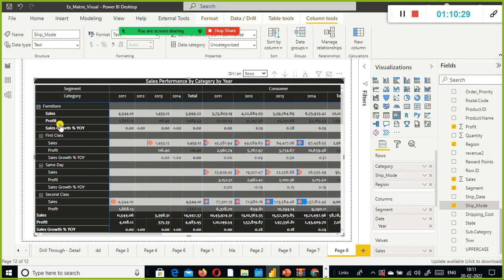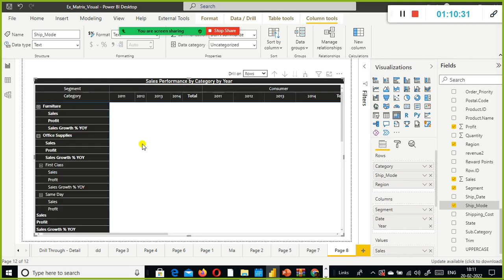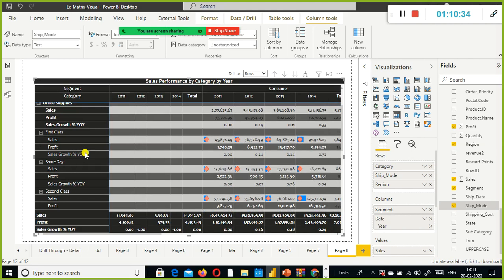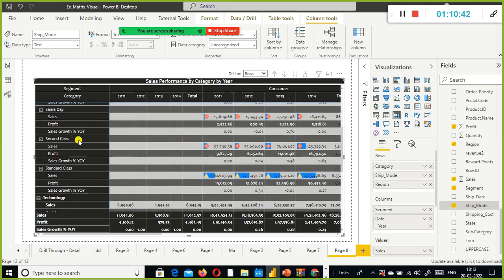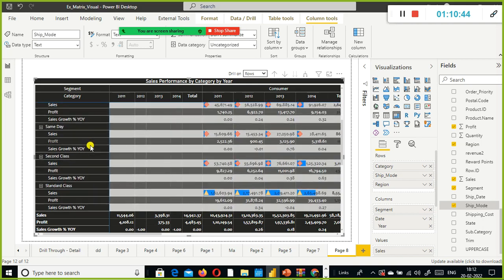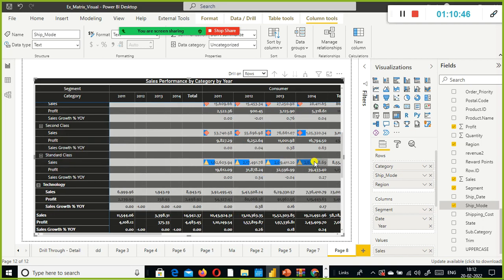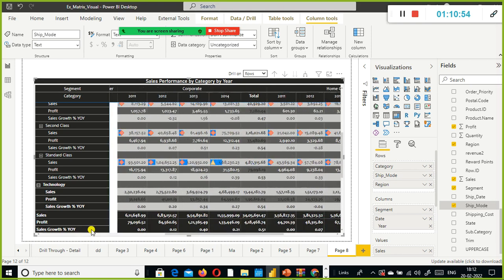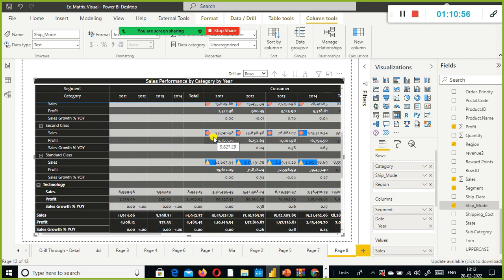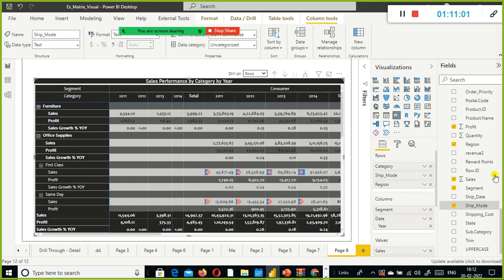If you want office supplies, you can compare all the categories. Look here, we can see a good sign here, right? So for standard class compared to second class and same day and other things, in this standard class the revenue is good. We are getting, which means in standard class most of the customers are booking the orders. So likewise we can do extensive analysis. You can slice and dice just by adding more dimensions to it.